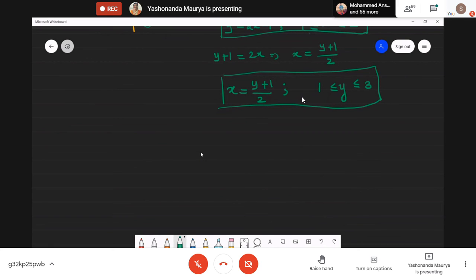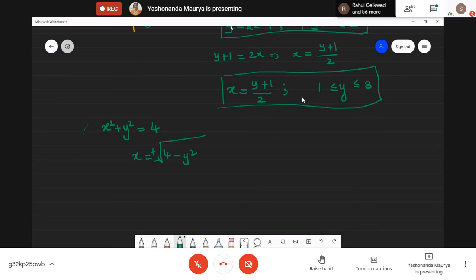Suppose I want to write down this circle, x square plus y square equal to 4. How do I write it in a better way, in terms of x or y, which will be convenient over here? For lines, we will always prefer x equal to or y equal to. For circles, that will be too complicated. See the expression that we are going to get: x will be the square root of 4 minus y square, and then you have to decide whether to take plus or minus. All this trouble will be there, so we will try to avoid this.